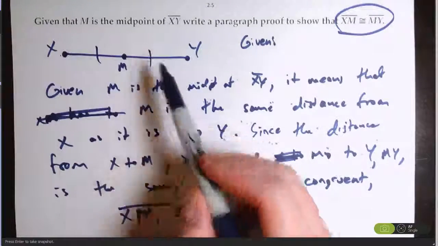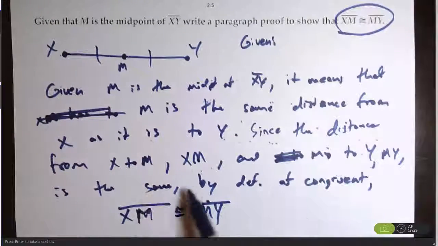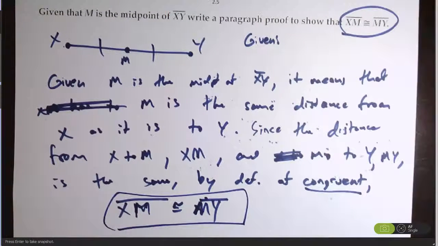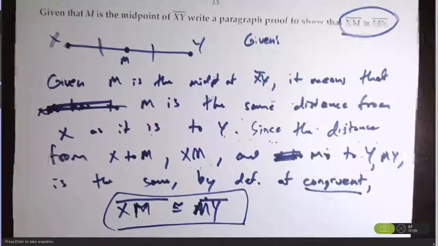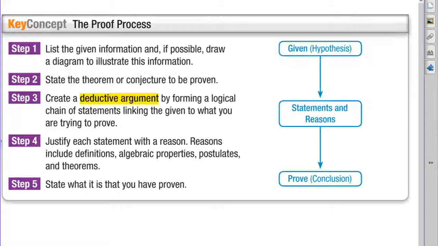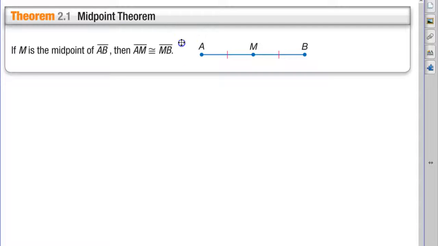And if it's the same distance, that means they have to have the same length, which means by this definition of congruent, they have the same congruence, which is what we're trying to state. Now this is really annoying because it should be a lot easier to say this, and it is. We have right here our first theorem